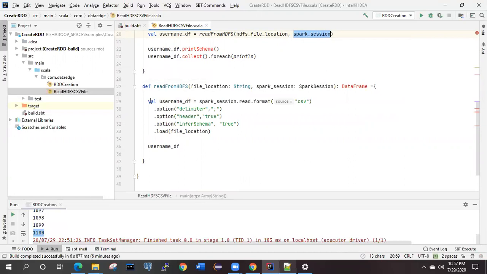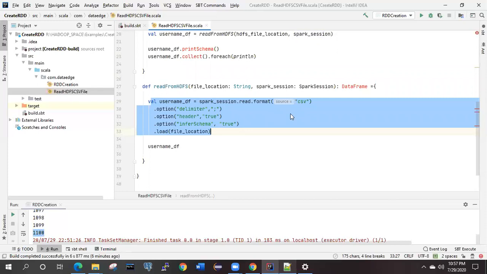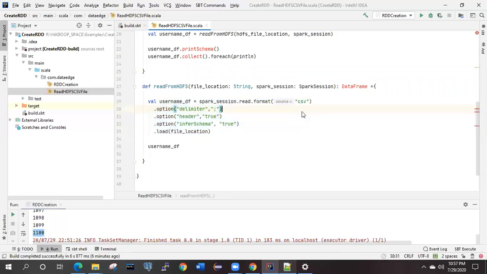Now here there are some settings that we need to do. Whenever we are talking about Spark data frames, how are we going to read the values into the Spark data frames? Spark provides the API like read, then dot format, and then we need to specify what format we want to read the data in. That data will be in the CSV format, and these are some additional settings over there. And then dot load, you need to specify. Dot load is a method which is going to load the file from the HDFS into your code.